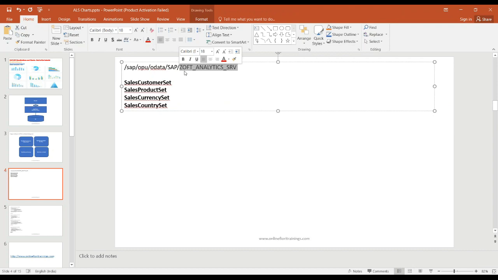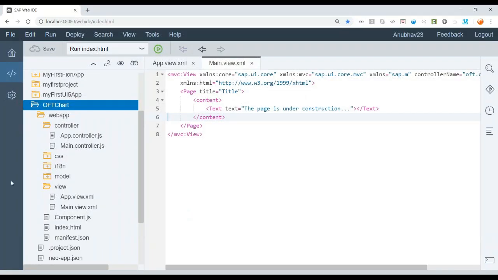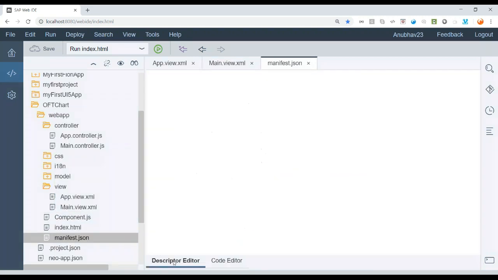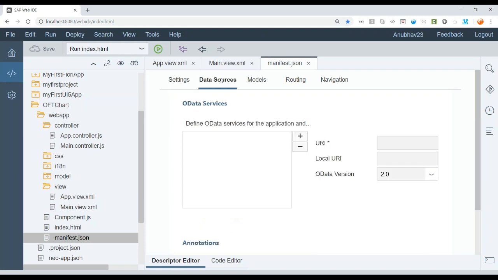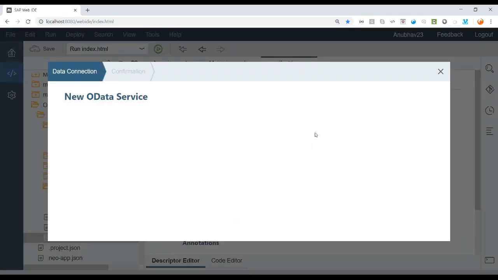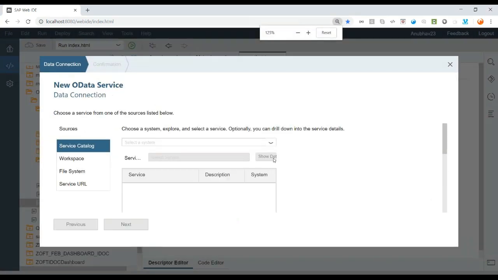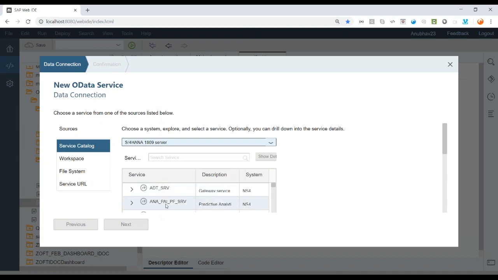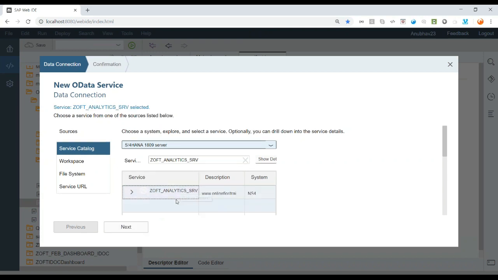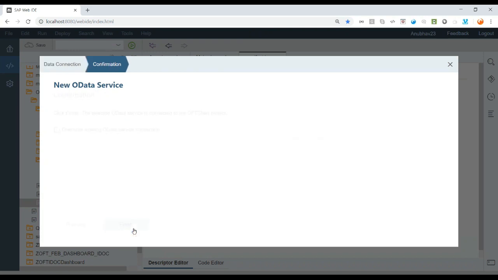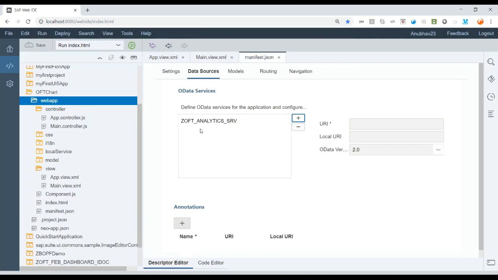So I will choose my data source and I will choose this OData service. So come back, right click here and maybe just go to the manifest.json, descriptor editor, go to data source, and we will add a data source over here. And now we will choose our destination for my S4HANA system. And it will now fetch all the details of the services. I choose the relevant service which we modeled in session 1, and we just click on finish to add that